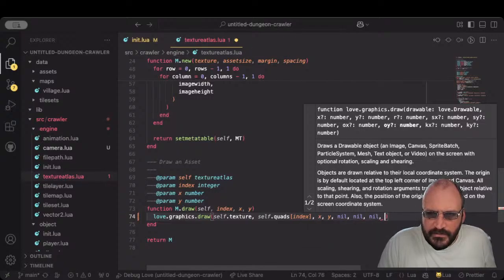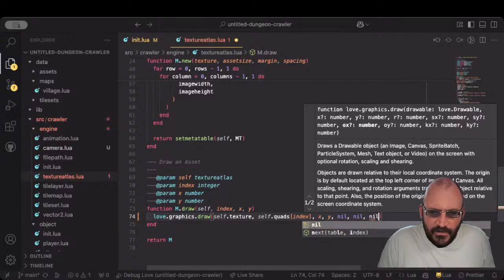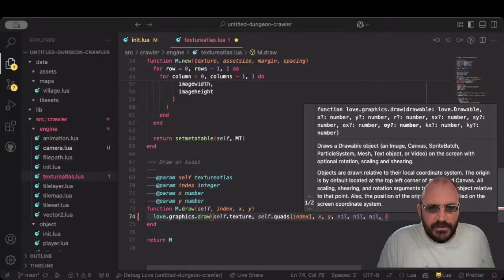Then there's some scaling numbers. Sorry, we have x, y, then we have the rotation, we have the scale x, the scale y, and the offset should be